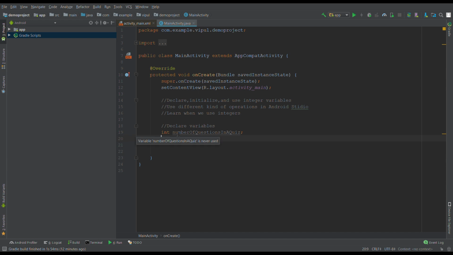See, in variables we always have to use the camel casing system. The first letter of all words is capital, but the first letter of the first word is small. So remember that. In this step we just declare that this variable is of integer type, means some integer value can be stored in it. Let's declare another value,